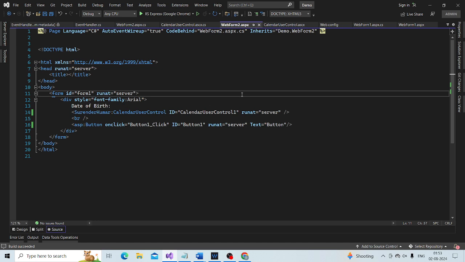In the next session we will create another custom event for the calendar user control, probably calendar date selected, and see how to consume it with these two examples. I hope events and delegates are fairly simple to understand.